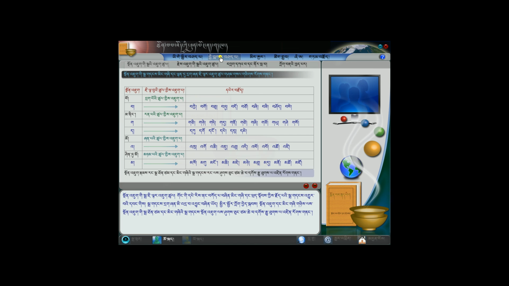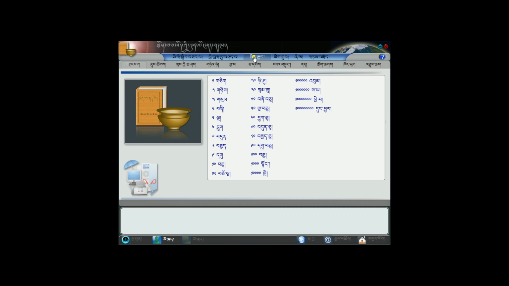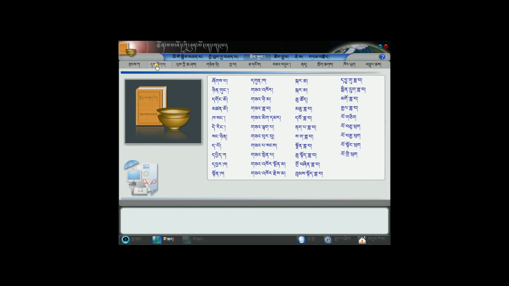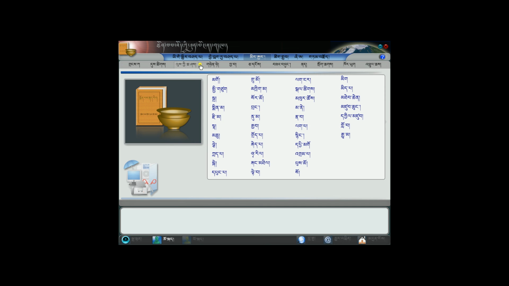And then over here, the second tab, this one is showing the genders of the different prefixes. And this one is showing all the different numbers, how they're pronounced. So, and then over here, different times of the day, body parts,